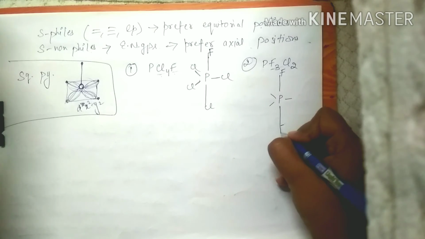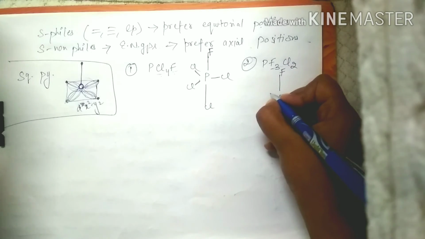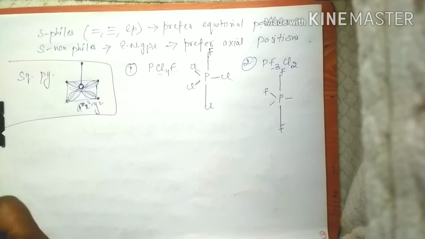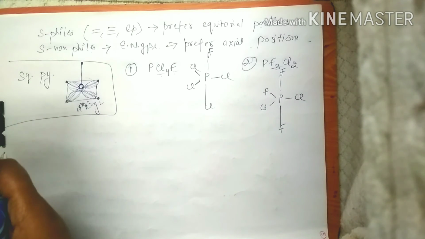2 fluorine will be placed like this. There is 1 fluorine remaining, so that will be at any of these 3 positions. Now 2 Cl are left, so they can accommodate these 2 sides. Okay,